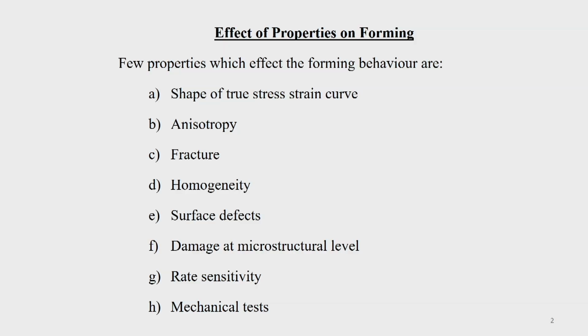So, some of them are the shape of the true stress strain curve. From the true stress strain curve, we will have an idea how the material will behave. The anisotropic property of the material of the sheet, because that also in a way depends upon the processing history of the material. Then what is the fracture behavior, of course, that we cannot have any control on, but at least we will know how it takes place. It is very difficult to have an idea about the fracture in sheet metal forming operation. Only thing is, a priori we will have the knowledge about it, but still we will have an idea where the fracture is going to take place.